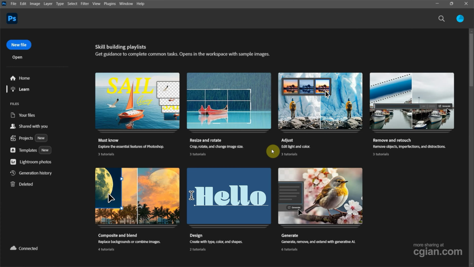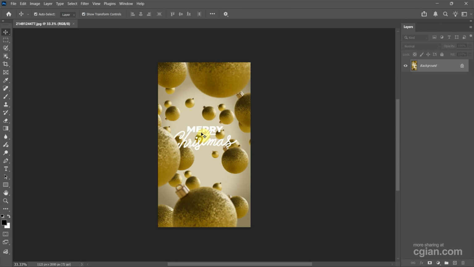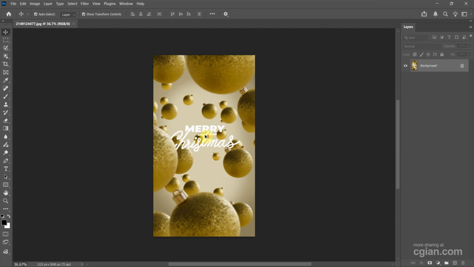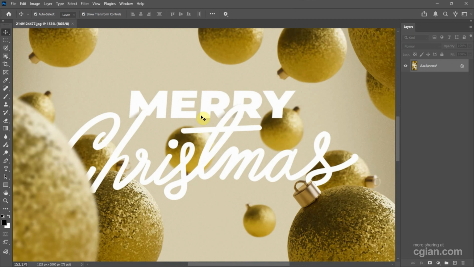After starting Photoshop, we can go to File folder. I have an image. I drag and drop into Photoshop to open the image. I press Alt and scroll the middle mouse button to fill it. Fill the text only. Next, we can make a selection for the text, and we can use the Magic Wand